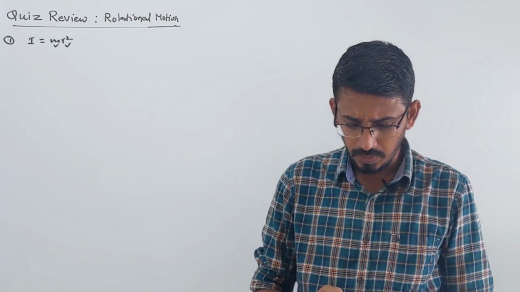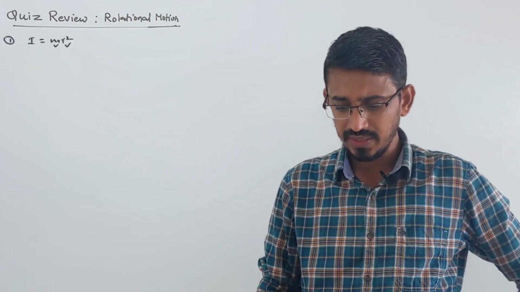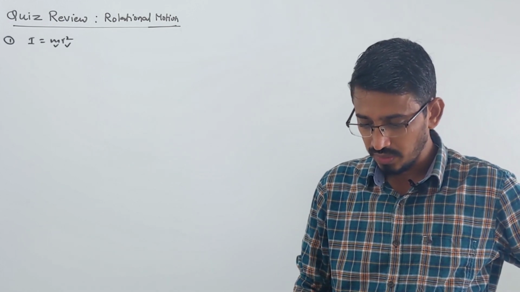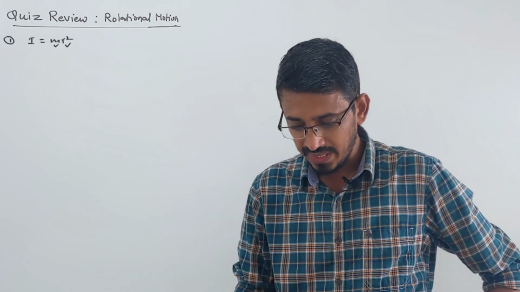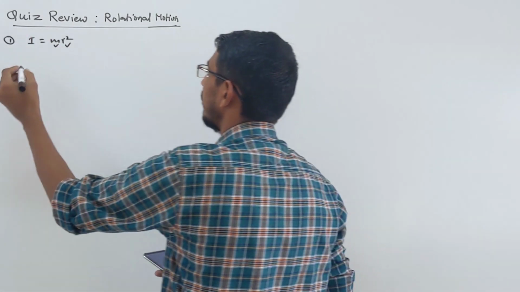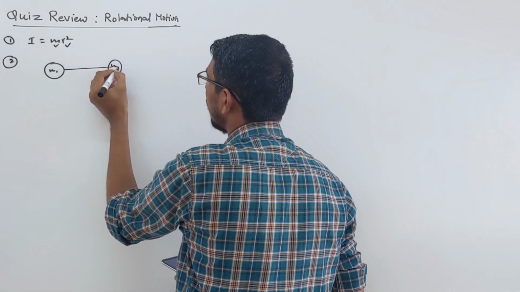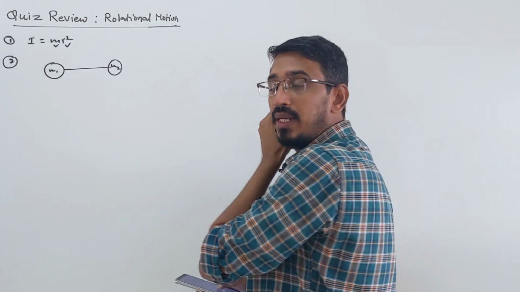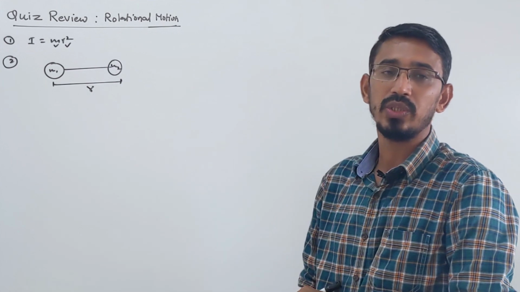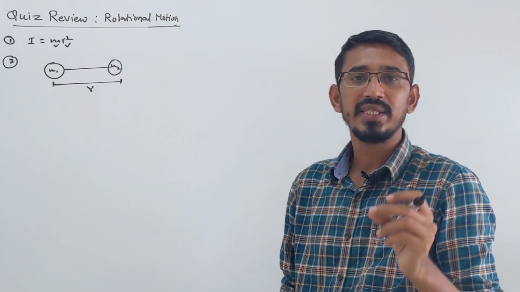Question number 2 we are doing. Two particles of mass m1 and m2 are connected by a rigid massless rod of length r to constitute a dumbbell which is free to move in a plane. The moment of inertia of the dumbbell about the axis perpendicular to the plane passing through the center of mass is what? This question I have also done. Look here, they are saying two masses m1 and m2 are connected by a massless rod, which is negligible. The length of the rod is given as r, so these two masses are placed at distance r. I told you when this type of situation comes, two masses are separated by distance r, correct? And they are asking inertia about the center of mass.